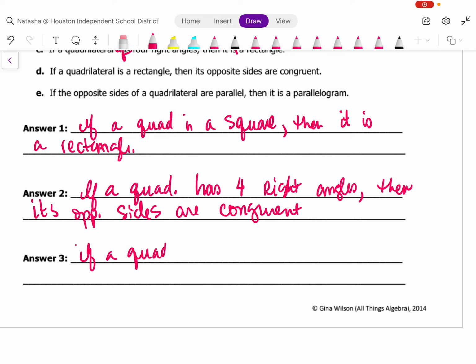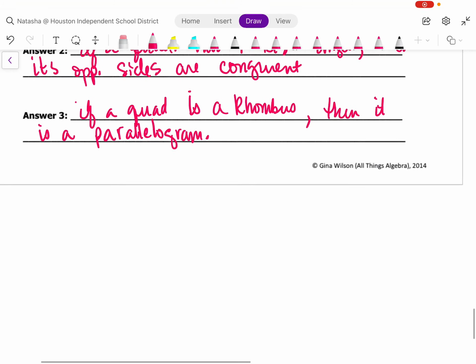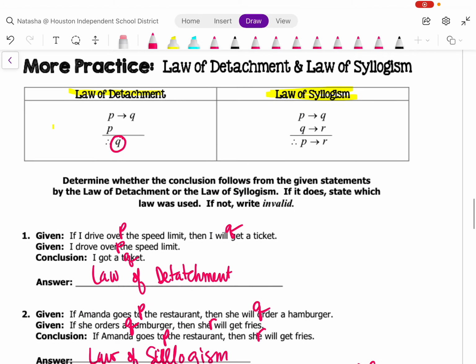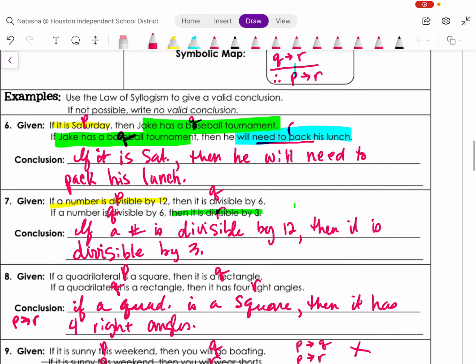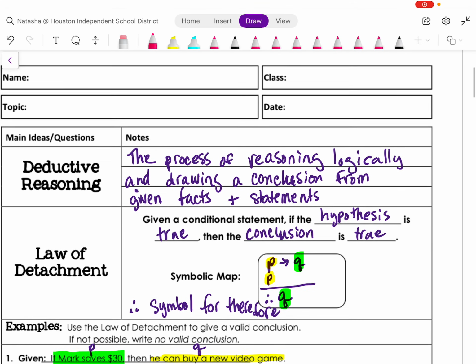The last one we can write, if a quadrilateral is a rhombus, then it is a parallelogram. All right, that concludes deductive reasoning, and you should be able to do the additional quiz and the assignment that's in